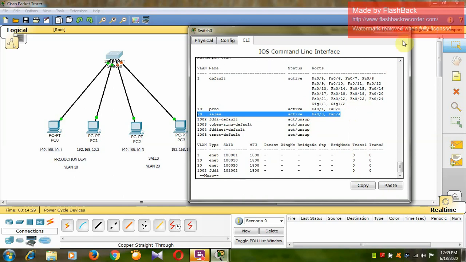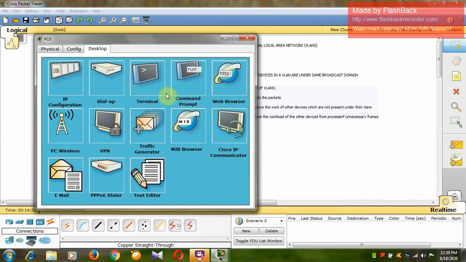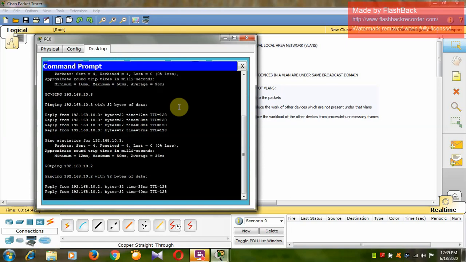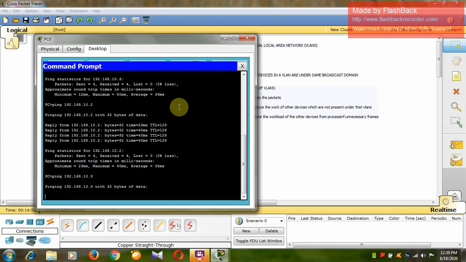Now I try to ping. If I want to ping the PC which belongs to the production department, 192.168.10.2, I'm getting the reply from PC1. If I ping the PC which belongs to VLAN 20, what will happen, see here.